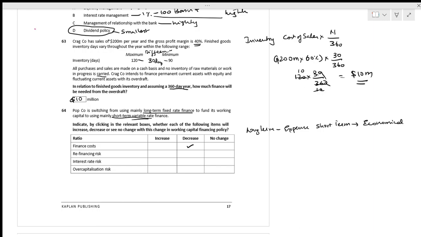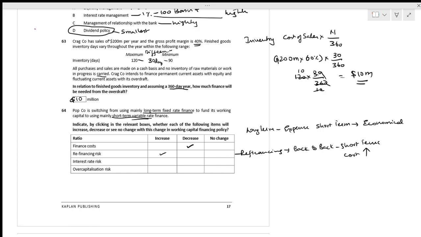If you are talking in terms of refinancing, refinancing means continuous financing, back to back financing. If you take back to back short-term finance, the cost will increase. Next,